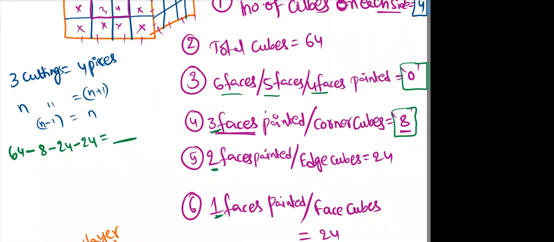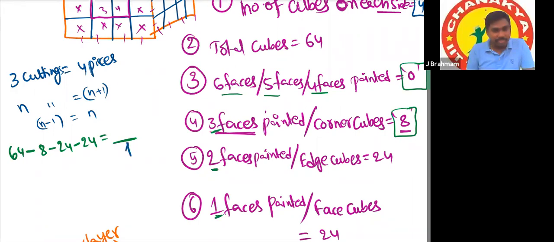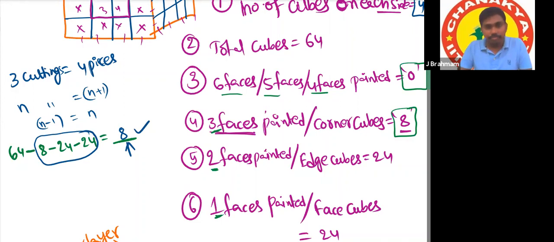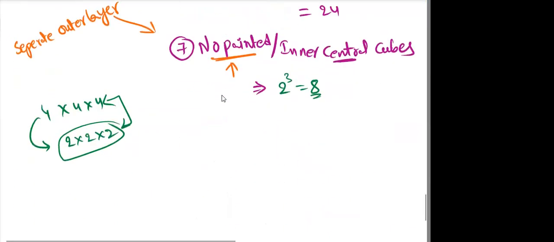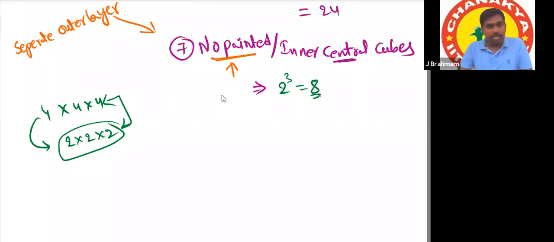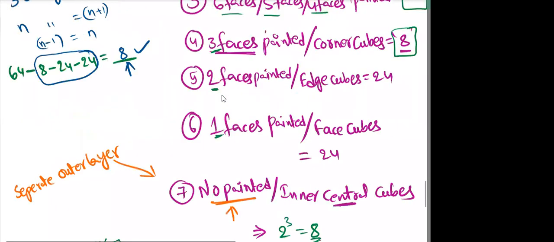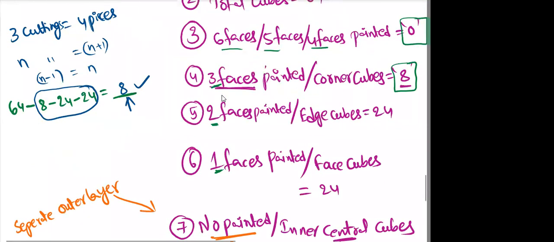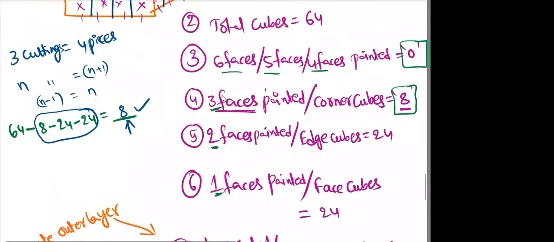If he has asked for only this one, you have to do all these things if you don't know that point. Simply by removing one layer on every side, we can get the inner central cubes. Got it, all of you? If you have any doubt, you can ask me, because we are moving on to questions now with these ideas. No doubt? Shall we start the exercise? Yes, sir.